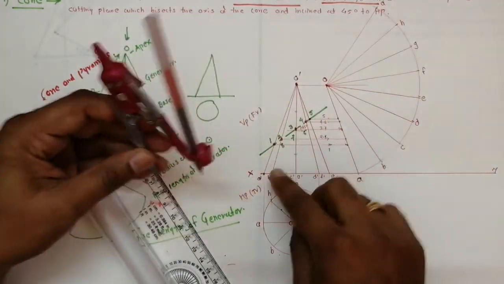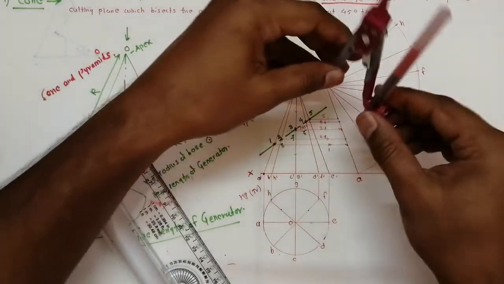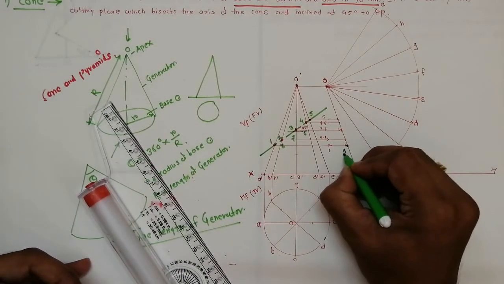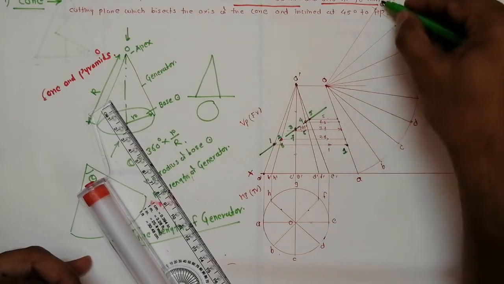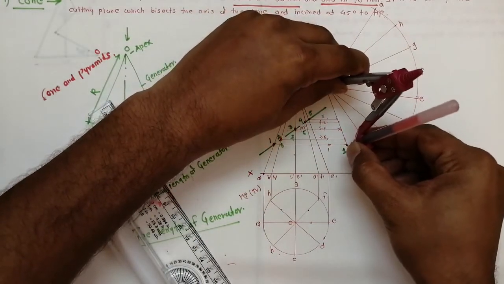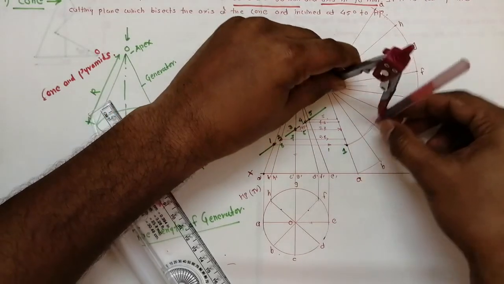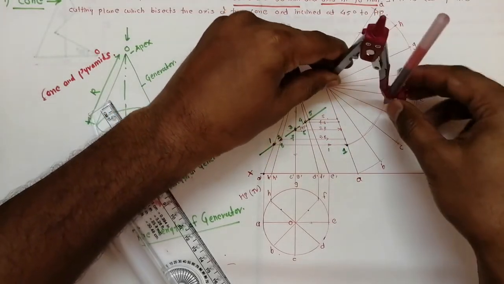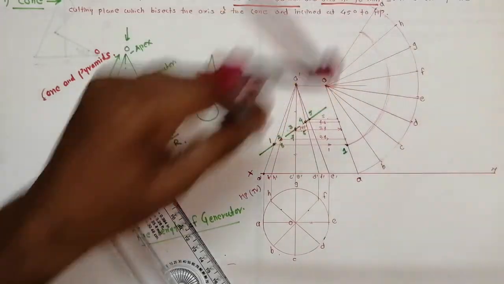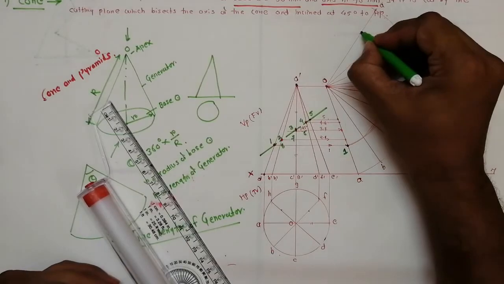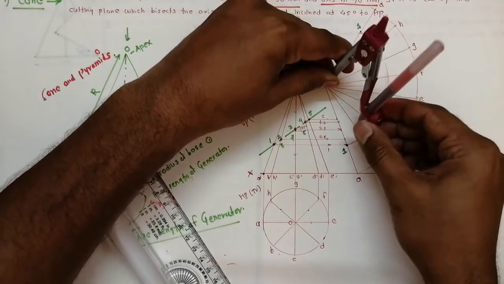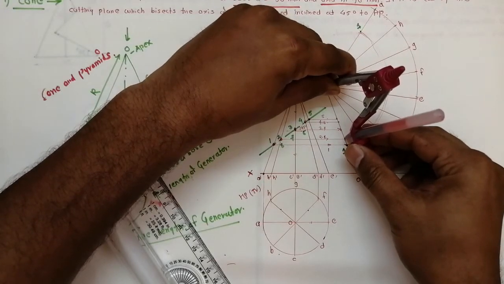Okay, so now 1 is on OA. So already we have transferred that here. So this is 1. Now OE is also here, so you take O as a center, A as a radius, and transfer it here. Okay, so it goes here, so this is 1. Okay, now you take O as center. Now we'll transfer the second projections.